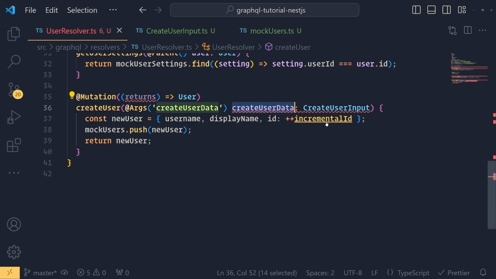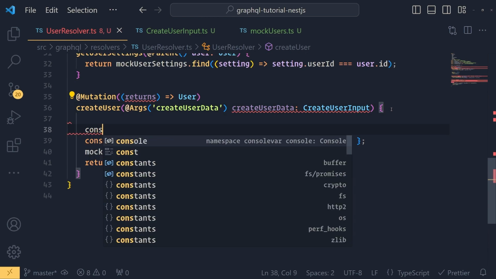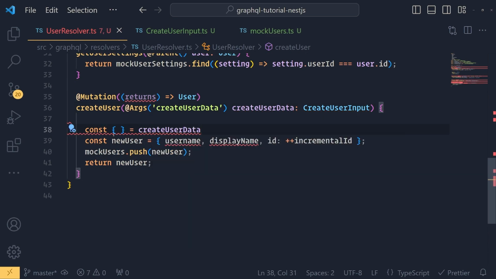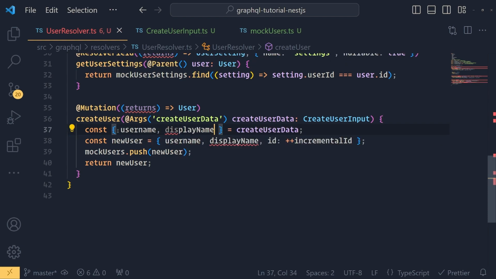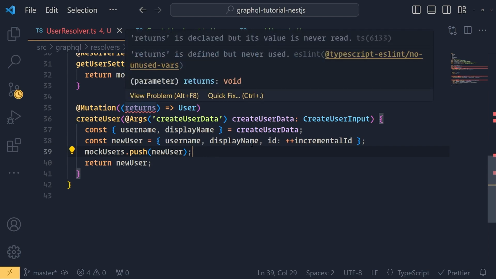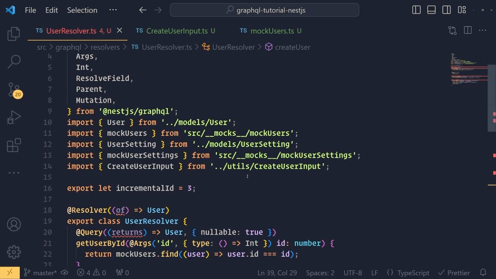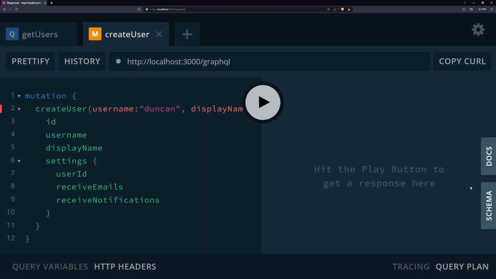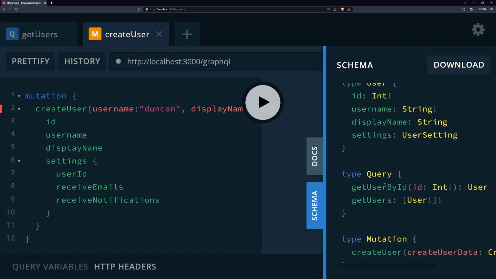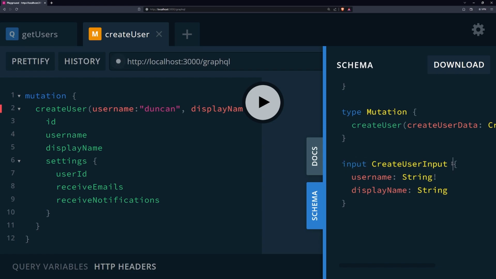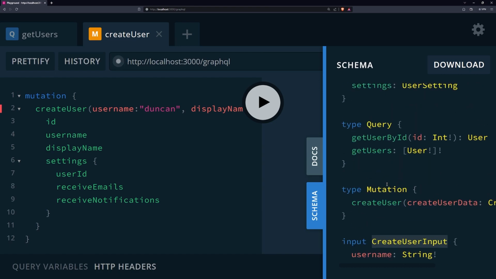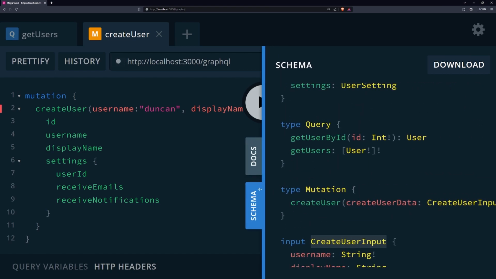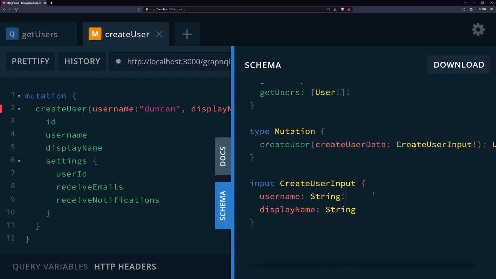Or if you don't like doing that, you can just simply do this: const create user data, username, display name. Doesn't matter, it's up to you how you want to do it, but it still yields the same result. Okay, now let's go back to our GraphQL Playground. Let's refresh. Okay, if I look at the schema now, you'll see that we now have an input. So we had type, and now we have input, create user input. And if you look at the mutation, it is now one single argument, but it is this create user input